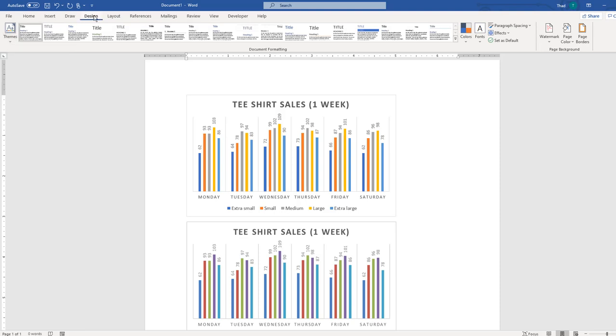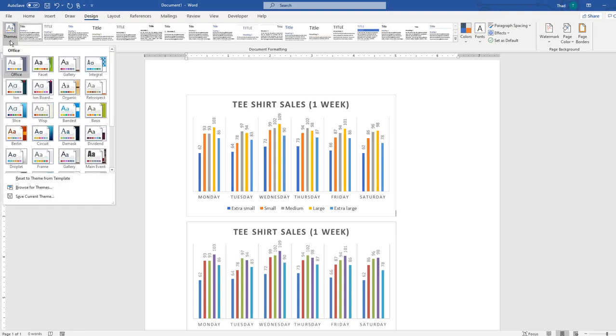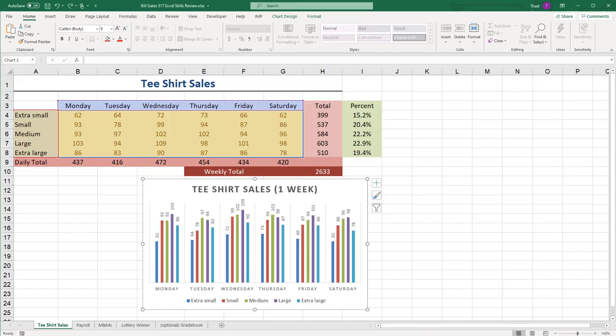Here in the design tab, there is themes. And if you change the themes, the way the chart displays in Word is changing, but it's not changing in the picture that you copied and pasted. Right? So if you have a theme in your document, the one paste will reflect that theme. If you paste it as a picture, you'll get the colors from the Excel theme that you formatted it to look like. And even more importantly here, if I go back to Excel and I now change this to 1000